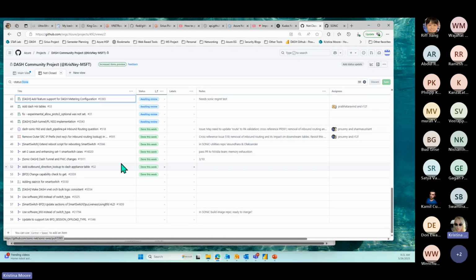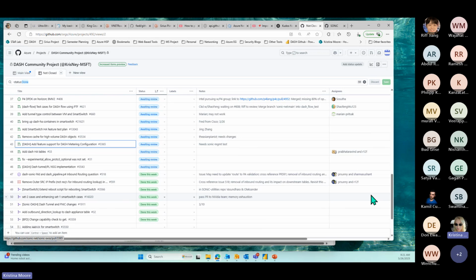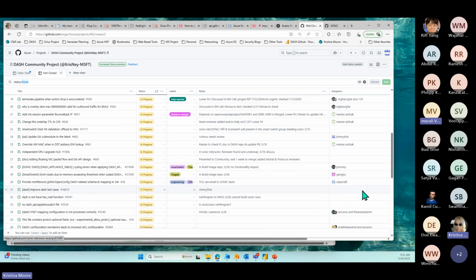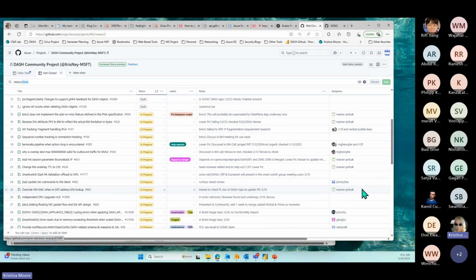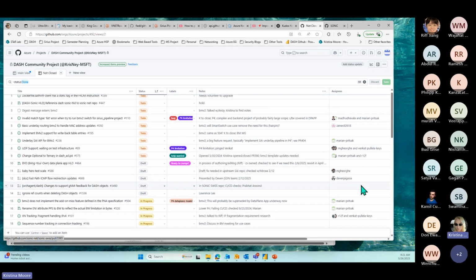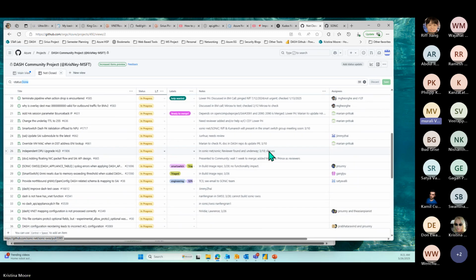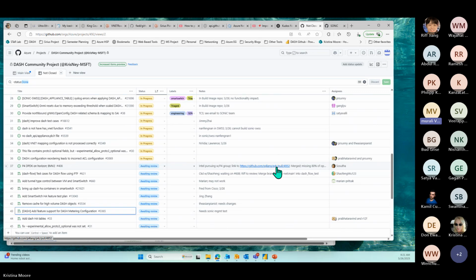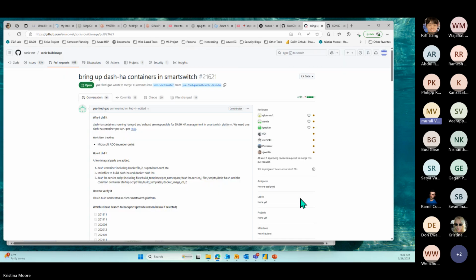And I was curious, Murali, do you know how Fred is doing on, he has one here that I wanted to check on. He was waiting for something. I gotta find it. But the SW BusD update. I think the initial set of functionality is in play already. That's under integration. So I think this one is still open.